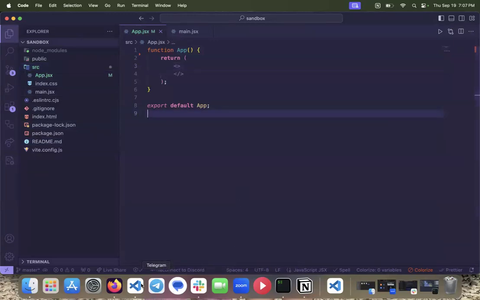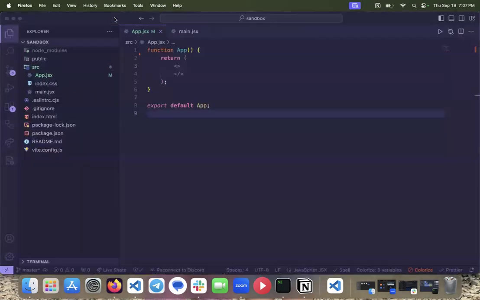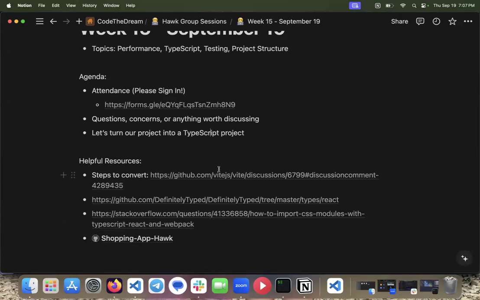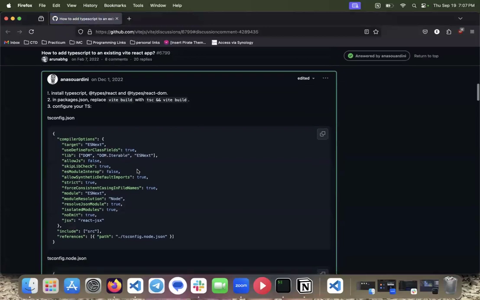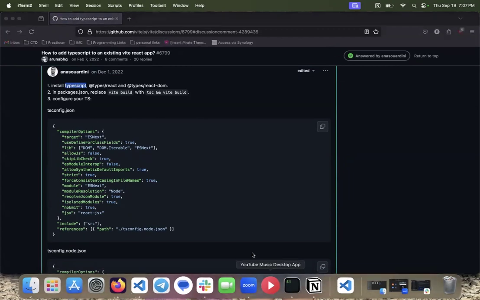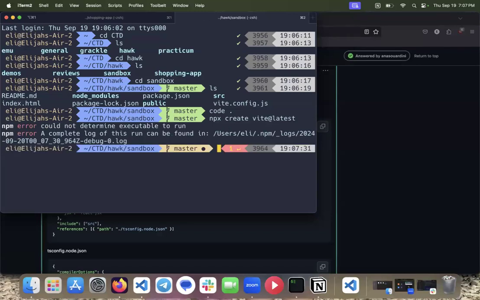And before I really talk to you about what TypeScript is, I'm going to point everyone in the direction of a resource on the agenda today. I'm going to open up this GitHub discussion, which describes how you can install TypeScript onto a React project that was already created without it. If you are creating a new project that you want to do with TypeScript, it's very easy. You can just create vite@latest, and then when it gives you the option,